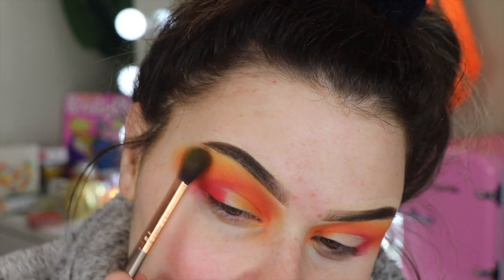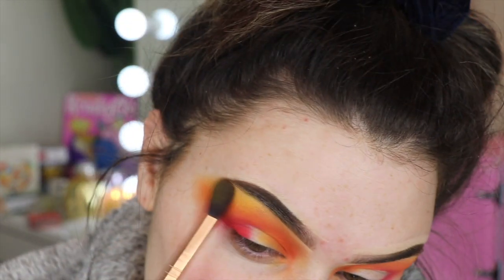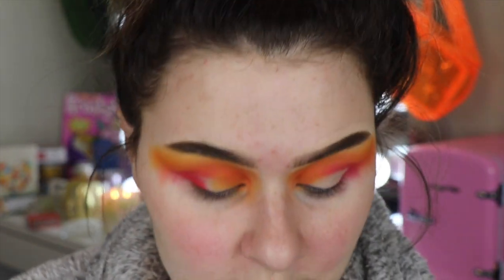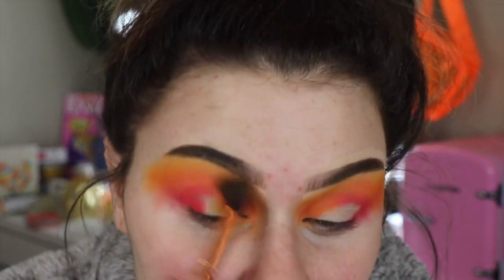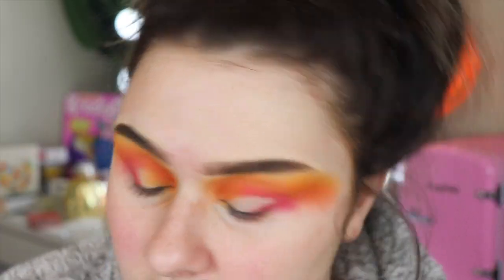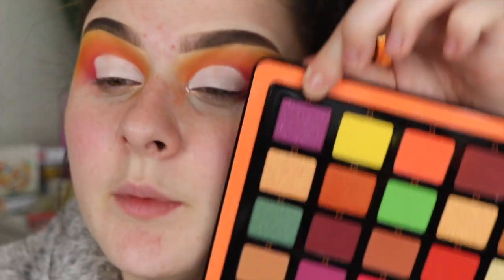And then I'm going to take my big blendy brush and I'm going to take it into the yellow and just put that on the edges. Okay, and then before I cut the crease, I'm just taking the yellow off that brush and I'm gonna blend everything. Alright, I'm gonna go cut my crease and then I'll be back. Okay, so I've cut my crease now, and now I'm gonna take this really pretty purple color and it's called E5, and I'm going to